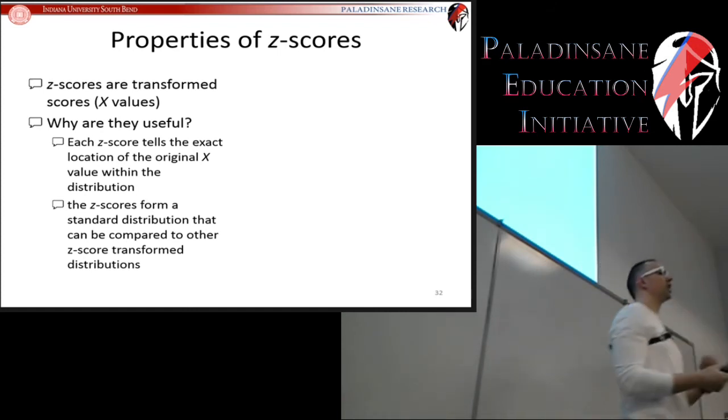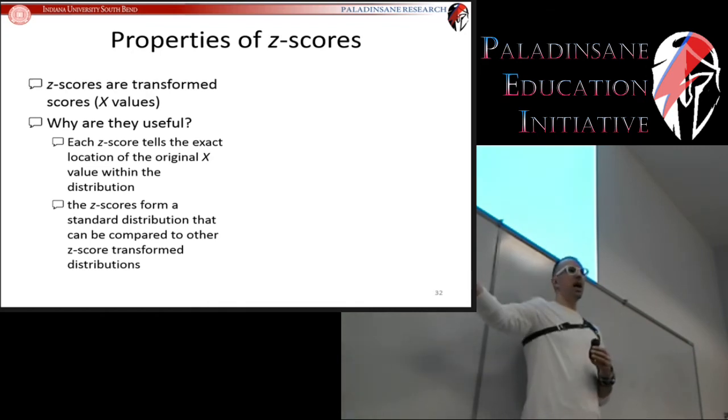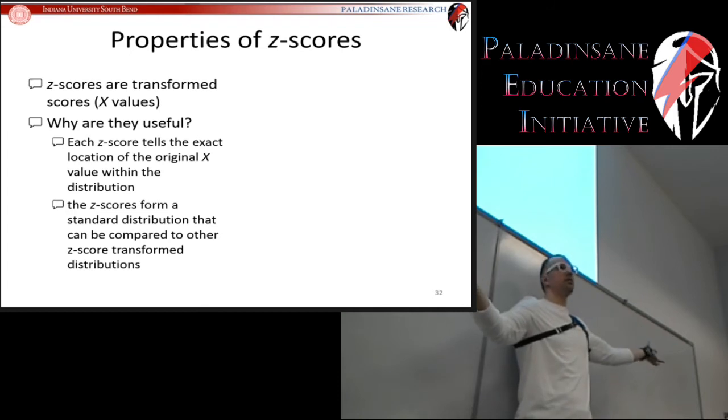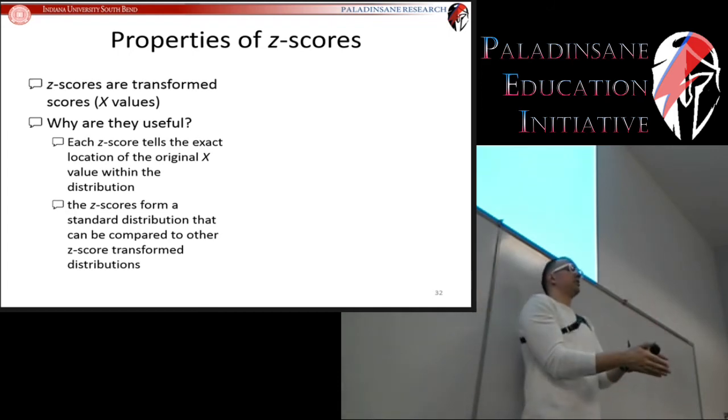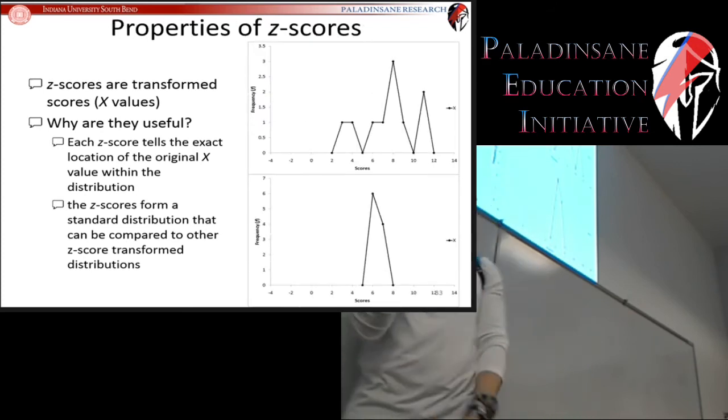And this is how you can compare apples to oranges. You take your apples and you turn them into z-scores. You take your oranges, you turn them into z-scores, and then it's very easy to compare z-scores to z-scores. So to give you an example of this, let's say that you are a school psychologist, and let's say that